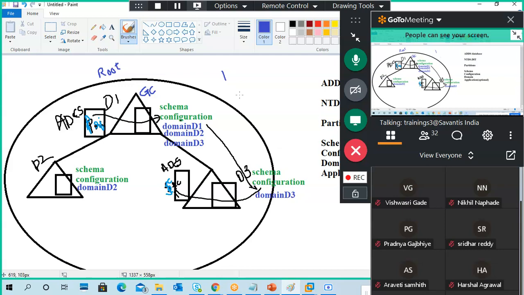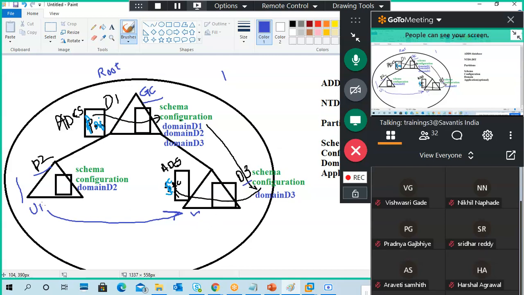Even that information is also stored in the configuration, so whether you want to go with a GC or not is your choice. So all domains' information is stored in a global catalog server. The advantage is, for example, if a user in one domain wants to log into another domain, what will happen?